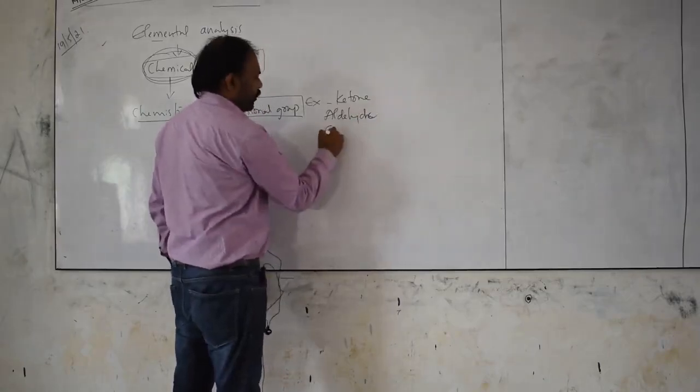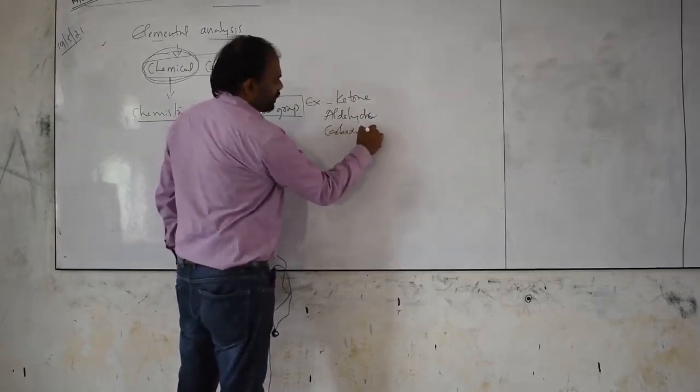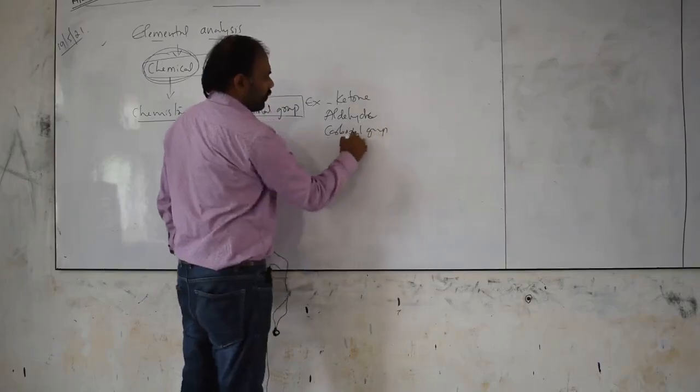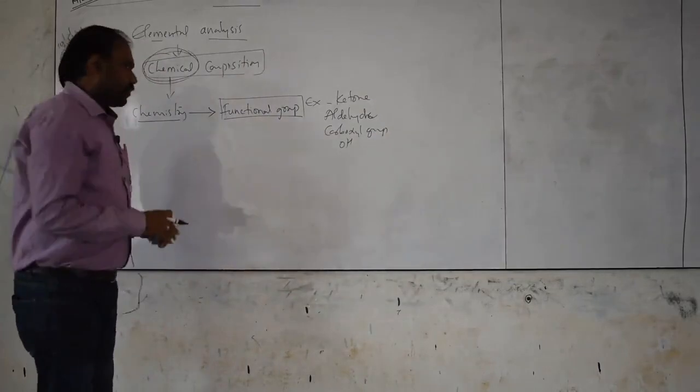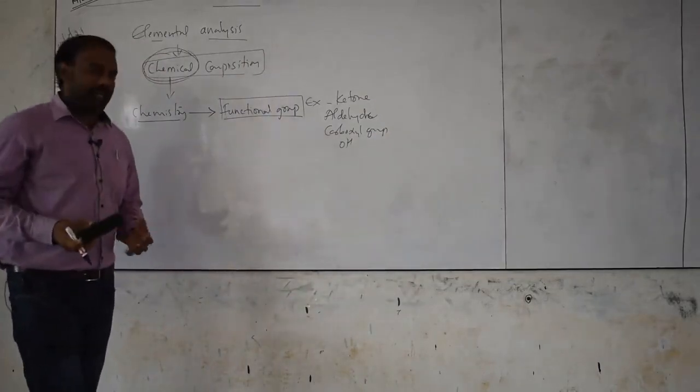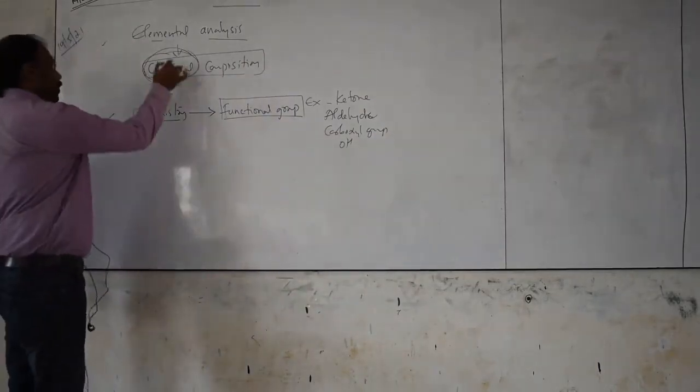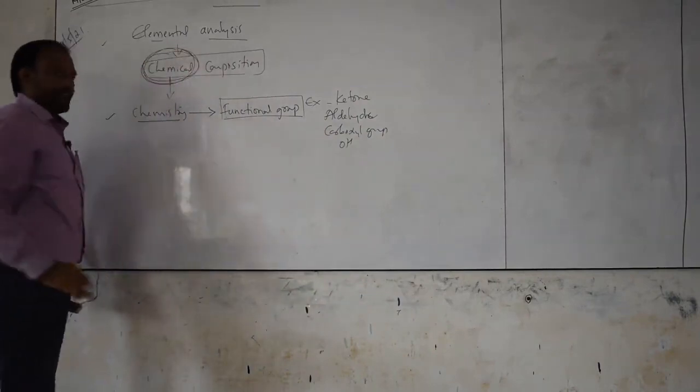Aldehyde group. One will be carboxyl group. Yes or no? Another one will be what? Hydroxyl group, that is OH group. So what I am trying to tell you is that when you give whatever chemicals we have to